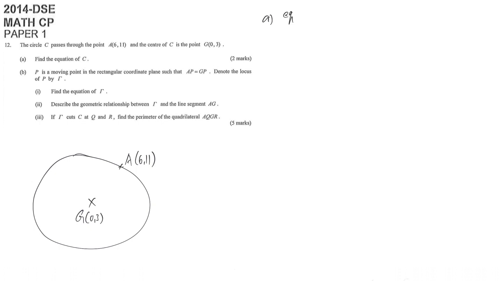About a locus question, they give you one point and then the center directly. They ask you to find out the equation of C. This one is the same here. They just ask you, do you remember the equation of a circle? So now there is a circle. The center G is (0, 3), and then we have point A (6, 11). So in part A, the equation of C,